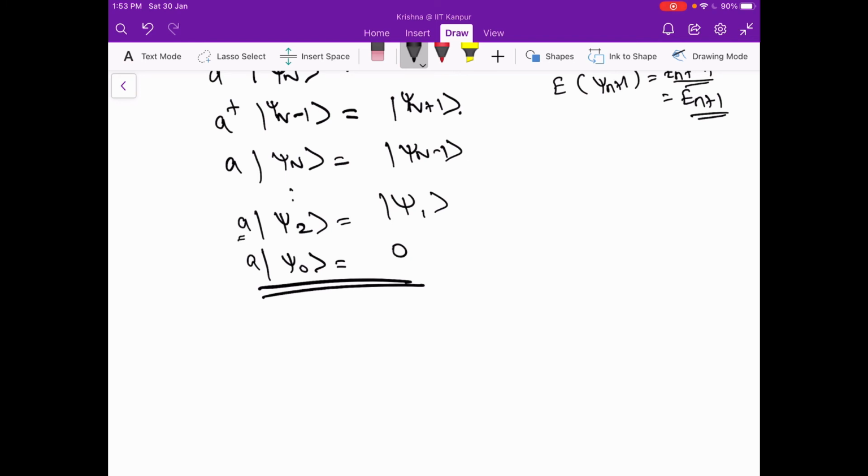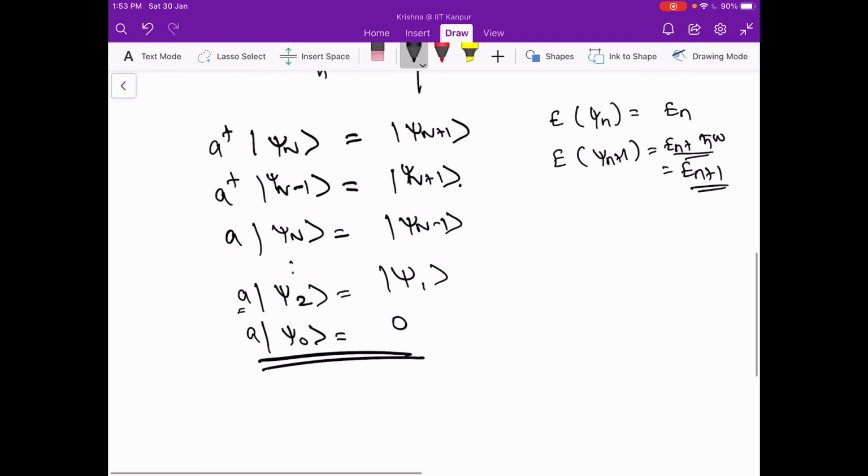Because A was called a reducing operator and A dagger was an incremental operator, right? You started to increase energy with A dagger, and